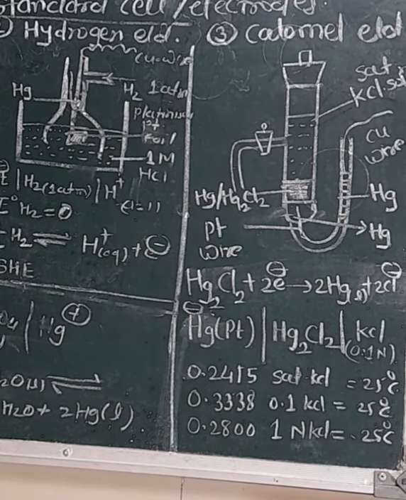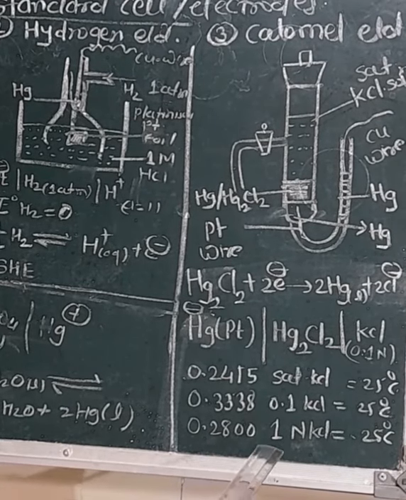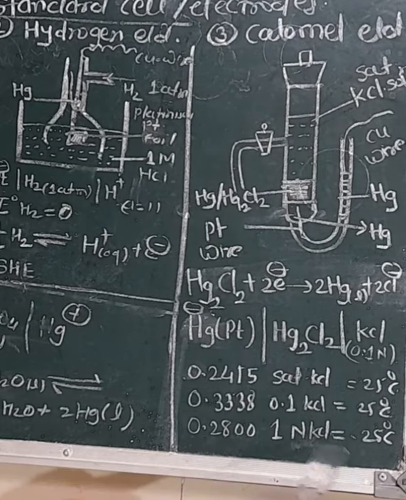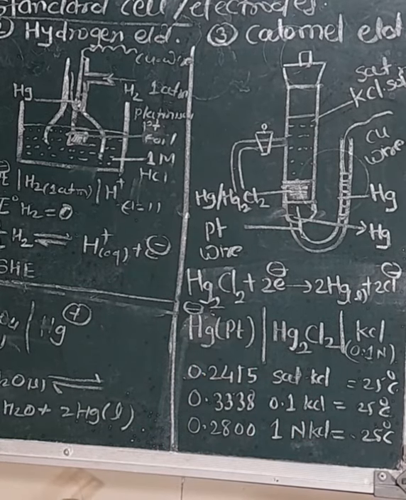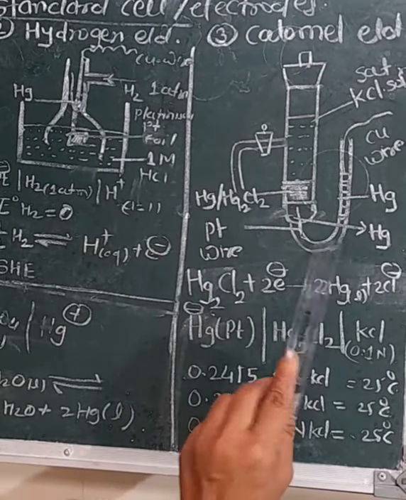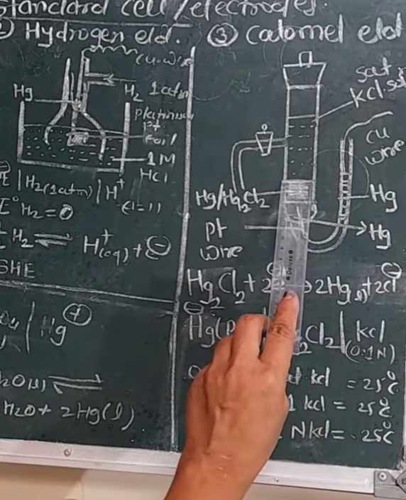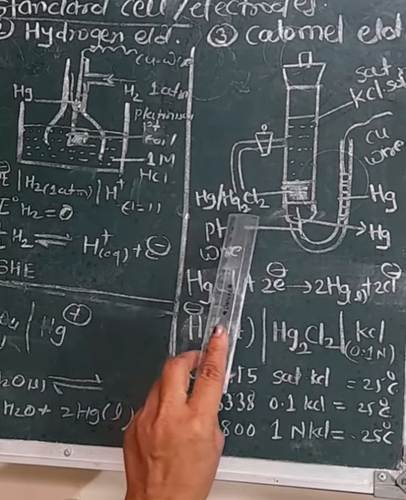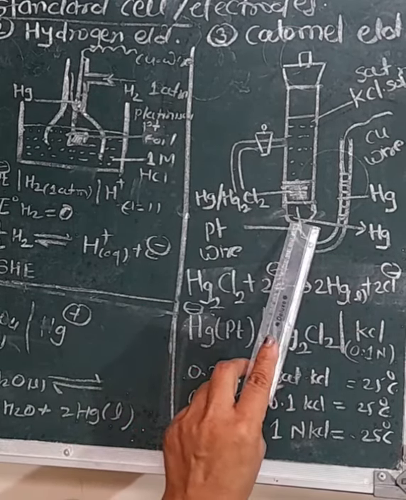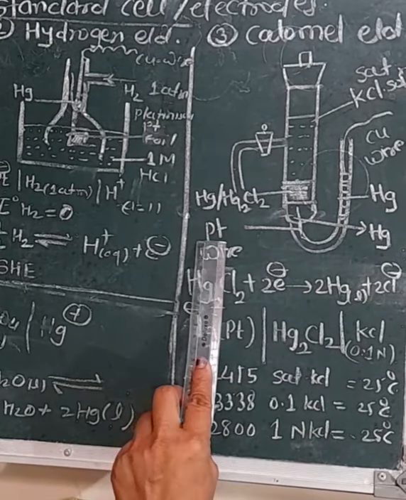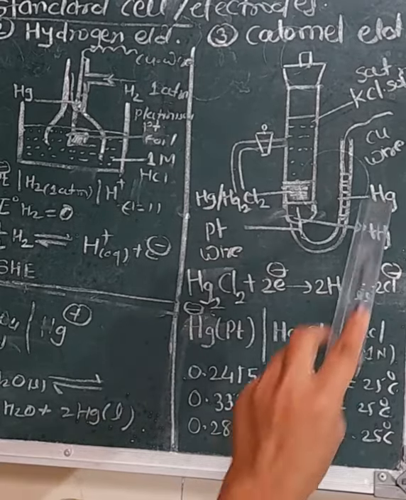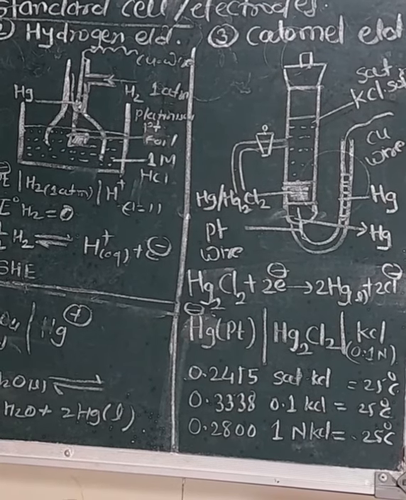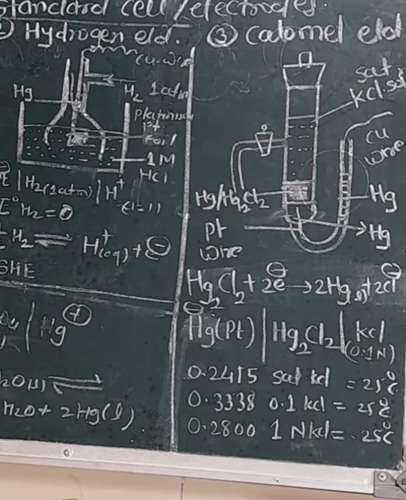calomel electrode. Now look toward this. This is the calomel electrode, and it is also known as a secondary standard electrode. So friends, this is the construction of the calomel electrode. This is the glass tube. Here a saturated KCl solution is filled. Here is a paste of Hg2Cl2. Here is the mercury wire. Mercury is pasted on the platinum wire, and this is the copper wire for the contact. It's a very simple arrangement. Friends, this cell is very stable and a good reversible electrode. They are extensively used as secondary reference electrodes.